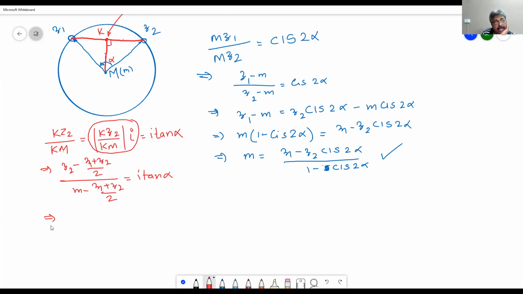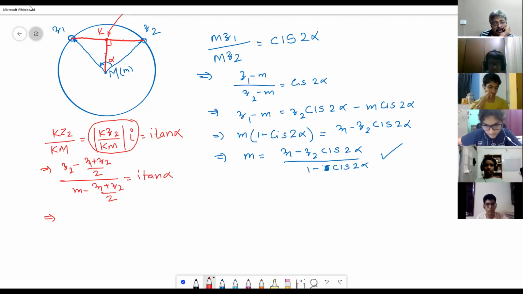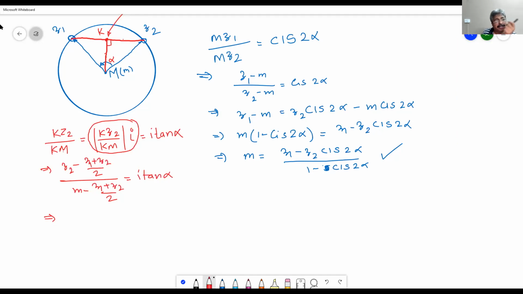What is R? We can use R as a variable, and the distance between Z1 and Z2 is known, so we can use the cosine rule. But then it is using trigonometry. We can actually use the sine rule also. Yes, you can find it that way, but we are developing a formula using complex numbers. Correct, there is only one unknown, which is R, because you know the angle and you know the distance between them. That is the correct approach.